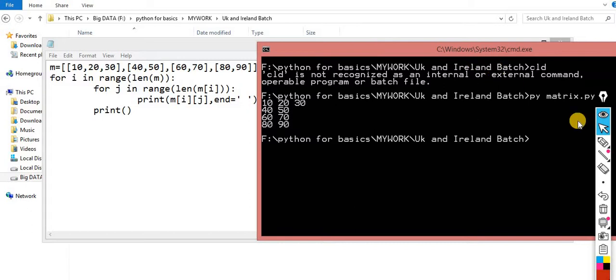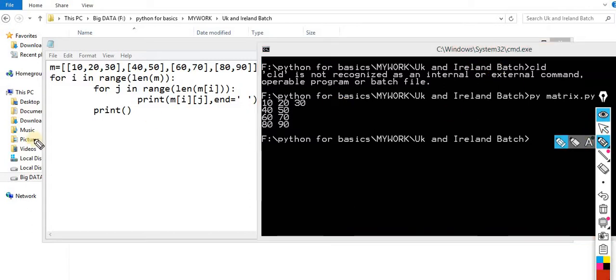Now understand this concept, what exactly is happening over here. The first loop is for the rows: row 1, row 2, row 3 and row 4. And this j loop will be implemented for the columns. So what I did over here: for i in range of len of m.